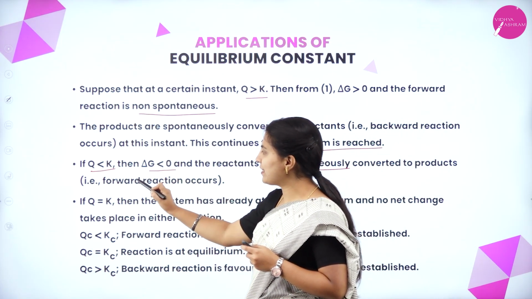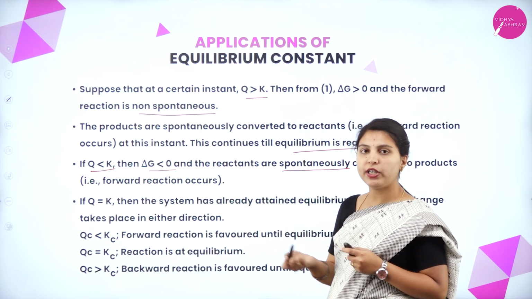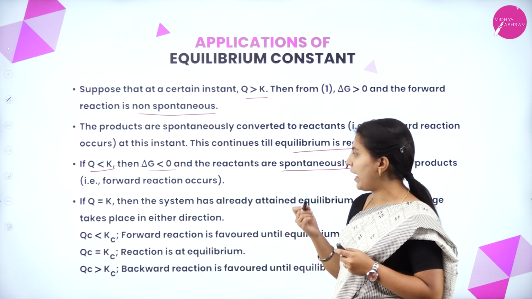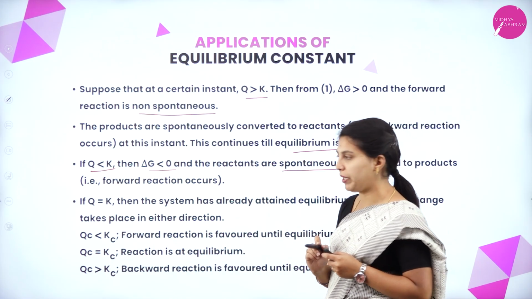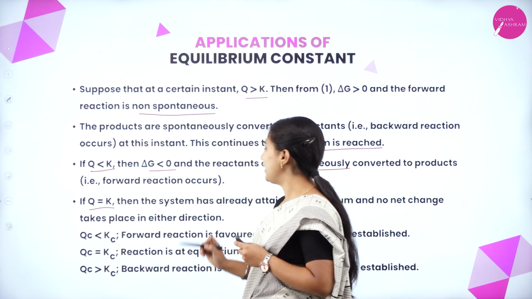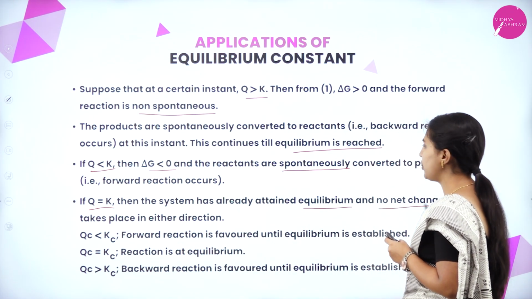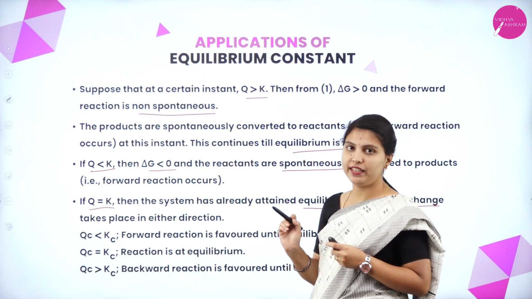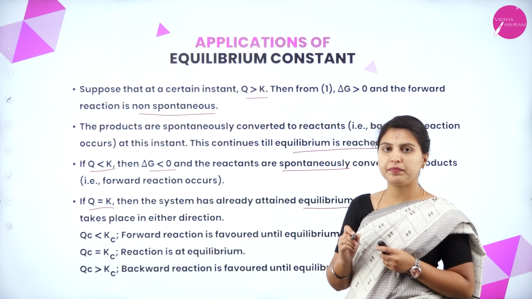If Q is lesser than K, delta G is also lesser than 0, so it will spontaneously react to form product, and the forward reaction will occur to reach equilibrium. If Q is equal to K, then the system has already attained equilibrium and no net change takes place in either direction. If Q is equal to K, that is instant equilibrium and